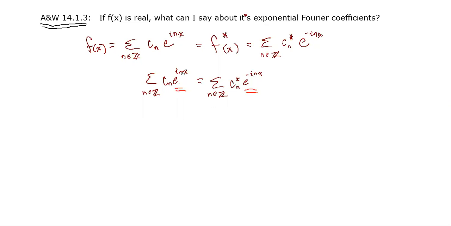And it's not true that this e^{i n x} equals this e^{-i n x} term. What is true is that if I put a minus sign in front, I fish through the entire series and find the one where n is negative this n, then I can say they're equal. So equating individual terms,